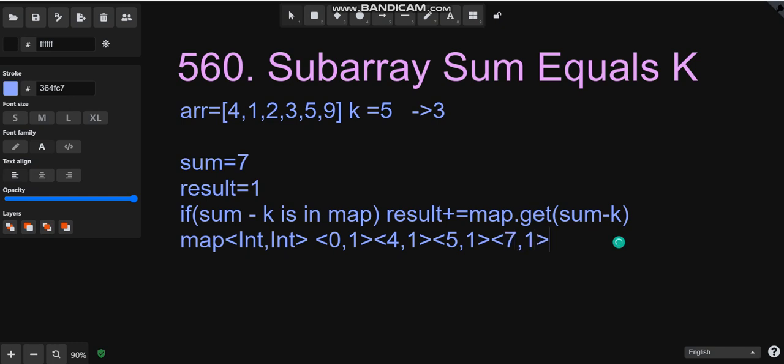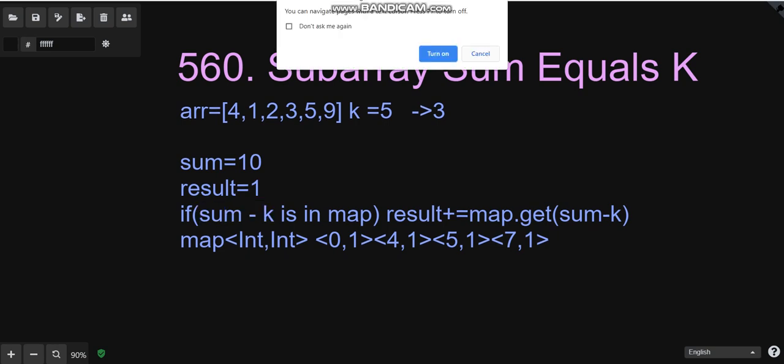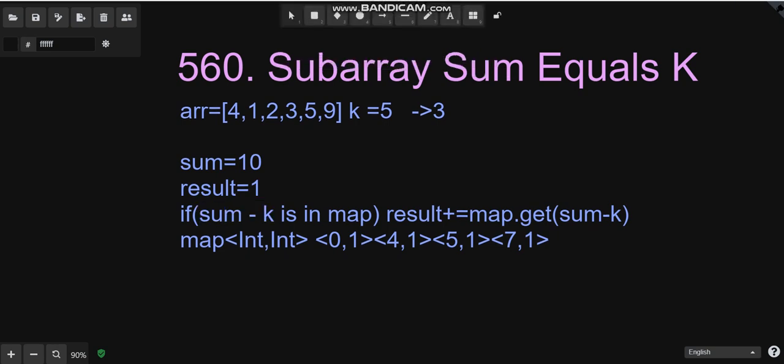Okay, after this we have 7 plus 3, that becomes 10. Okay, and 10 minus 5 is present in the map, that is 5 is present.